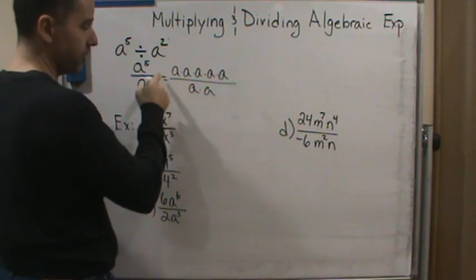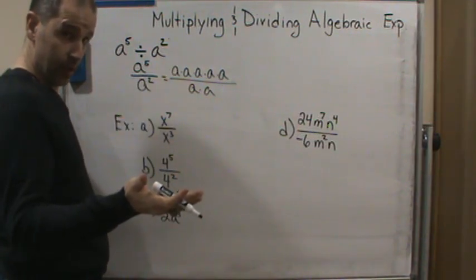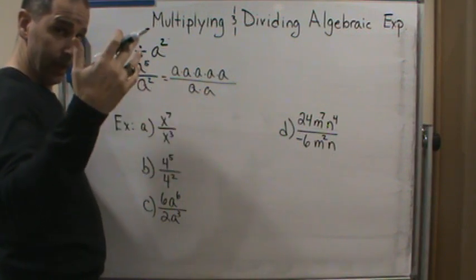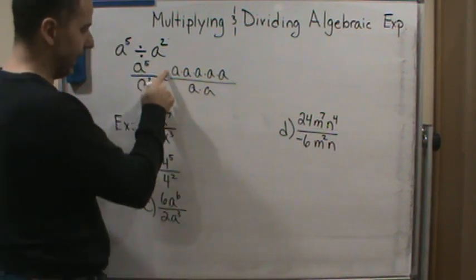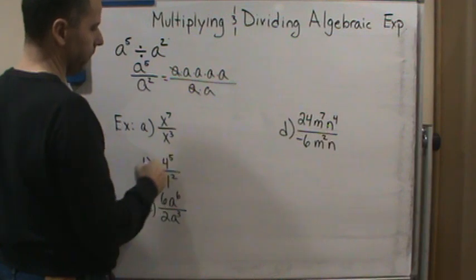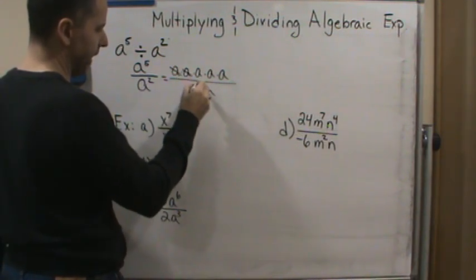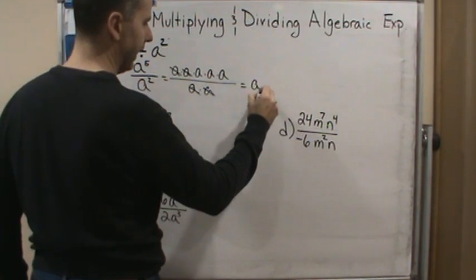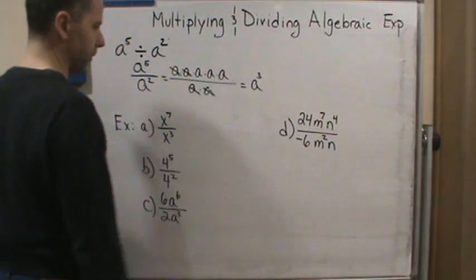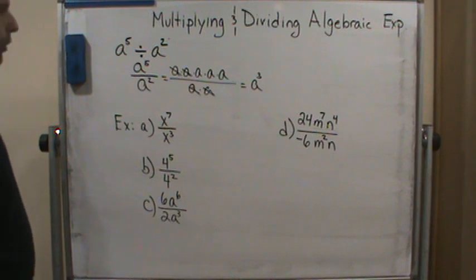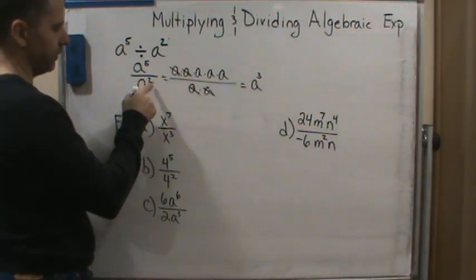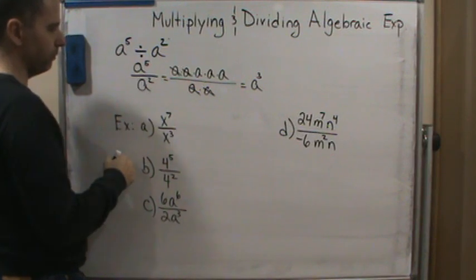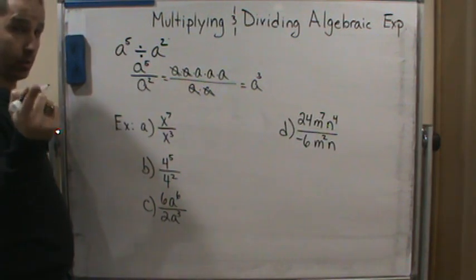And then of course we could use the fact that we can divide out or cancel, in a manner of speaking, the different a's. So a divided by a is 1, and this a divided by this a gives us 1. So we can cancel those, and what do we end up with? We end up with a cubed. Now notice also that if we subtract these exponents, top minus the bottom, we get the same result,